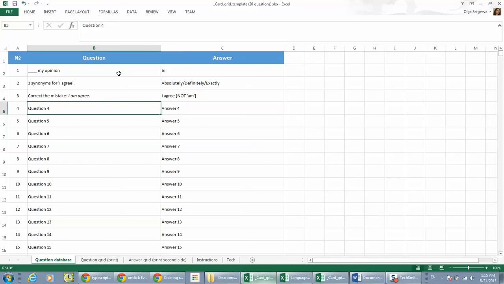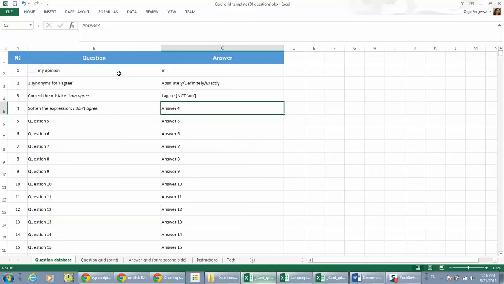And for instance, they tend to sound a bit harsh. So I can ask them to revise softening expressions, something like